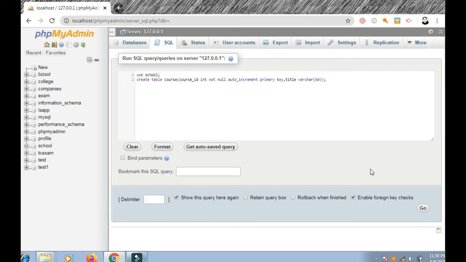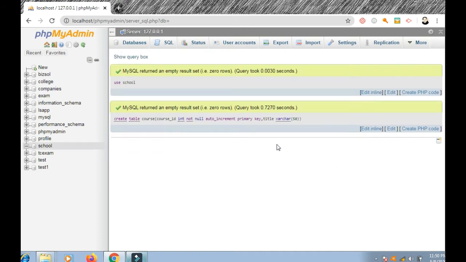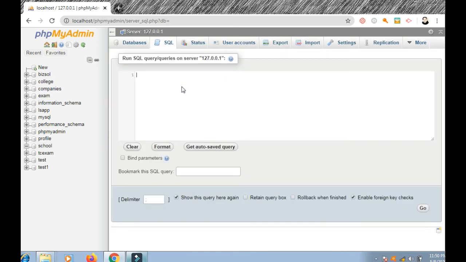and it is 50 characters long. Okay, so we should concentrate on these characters because they take bytes. So 50 characters, 30 characters, 20 characters, you should concentrate on this because every character takes bytes. This is the maximum length. Variable character takes whatever you put. For example, here we have given 50, if we put 20, then it will take 20. This is variable character. If you use char, then it will use all the 50 characters. Now I press go.